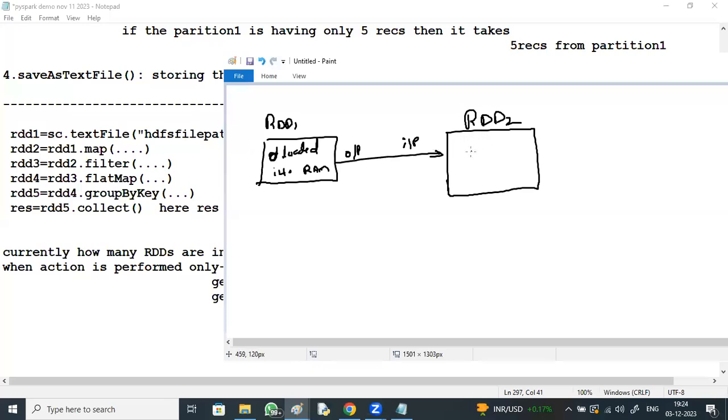Assume that you got some 100 records in RDD2. When RDD2 is ready, RDD1 is removed.